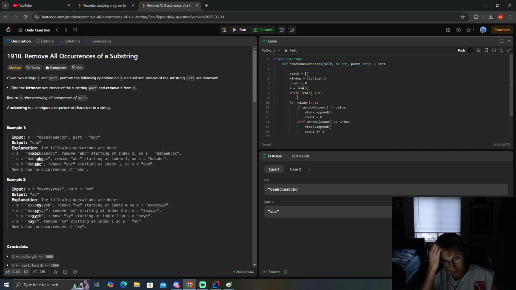Sorry, while i is greater than 0, you can use i to access